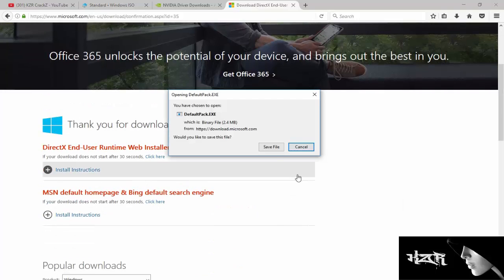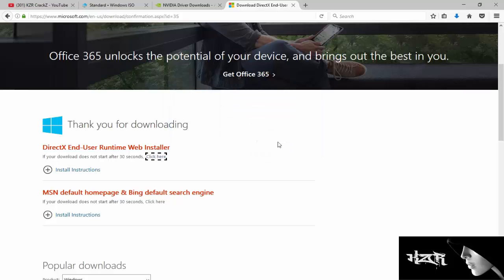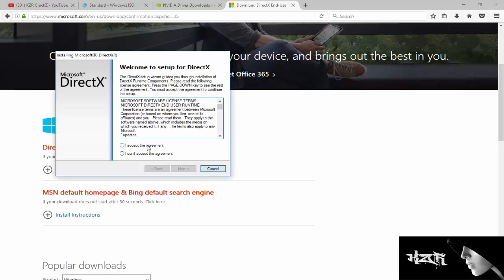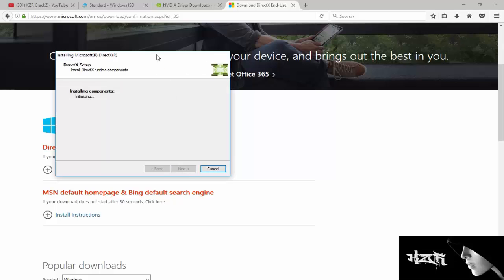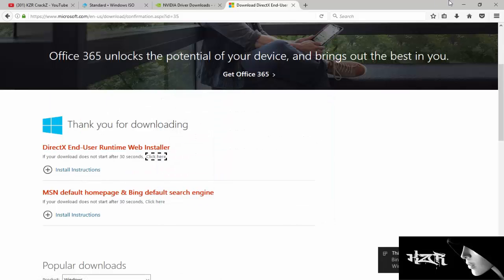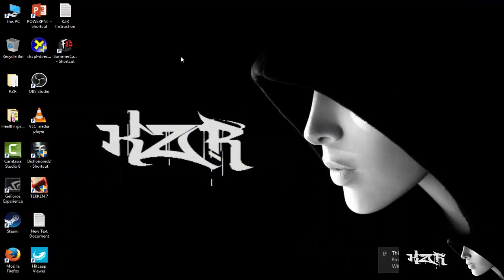Now a pop-up comes out to save your file, and when it is successfully downloaded, click to open it and accept the agreement. Click on next and next to install the latest version of DirectX on your PC. Now click on finish to finish the download and installation process.